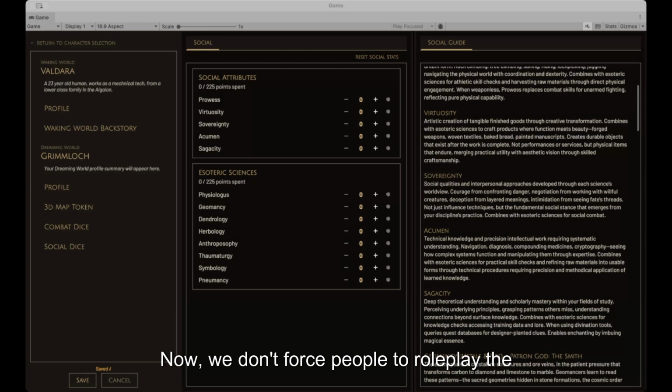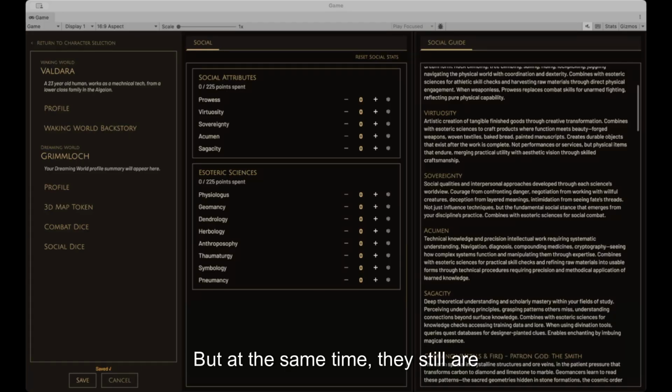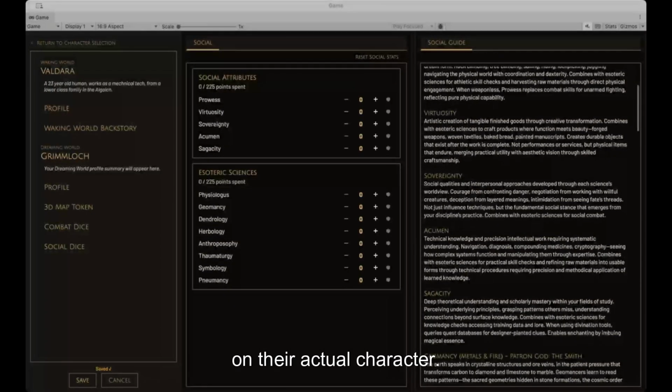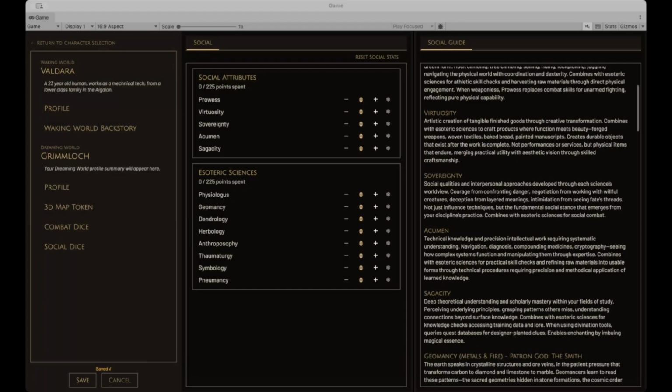Now, we don't force people to role play the results of the dice because people don't like being forced into anything. But at the same time, they still are dealing with a limited, observable restriction on their actual character. If they want to just simply shrug it off in role play, we're not going to dock them for that, because the consequence was already applied at the mechanical level.